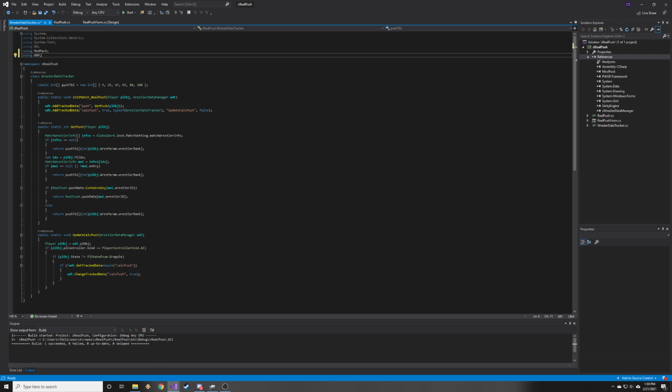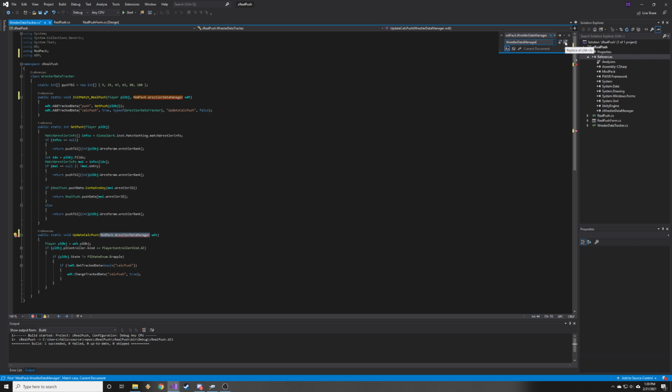If you didn't, what will happen is your Wrestler Data Managers will look like this. I'll just do like 2 of them here. And so they still won't be found even after you do this. All you need to do is go here, Control and F, or Control and H, excuse me. This is find and replace. You want to do modpack.wrestlerdata.manager, and you just want to replace this with Wrestler Data Manager after you've added the reference and the using,